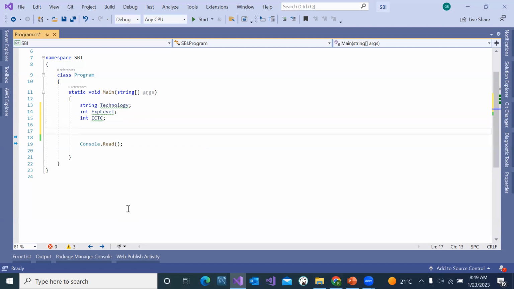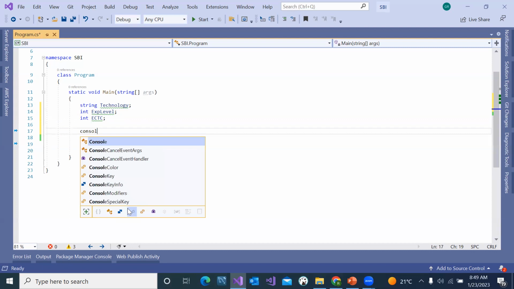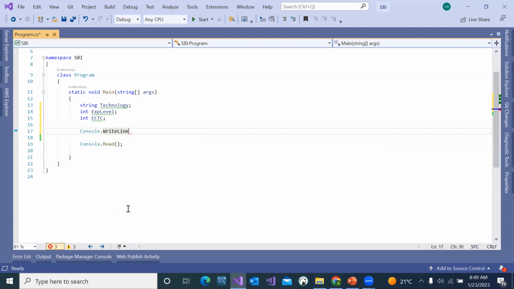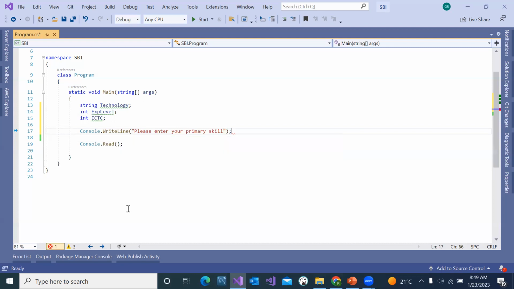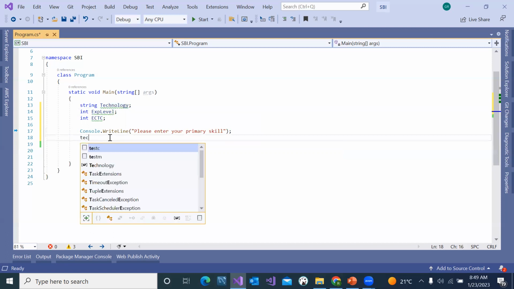Now, what has to be done first? First, you have to ask the user to enter his technology. First, verify the technology. Console.WriteLine: Please enter your primary skill. Okay. Now what has to be done? It has to be read and placed into the technology variable. So technology is equal to